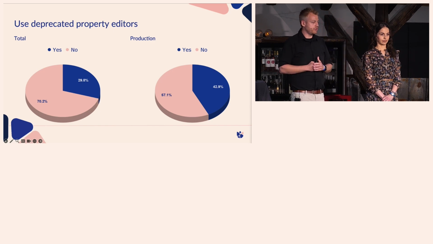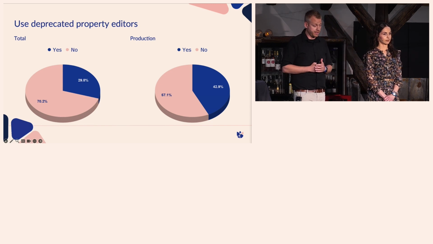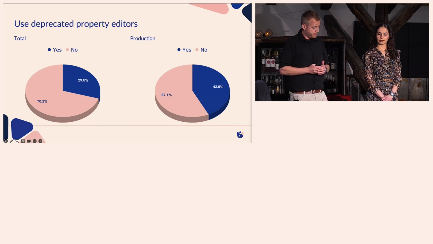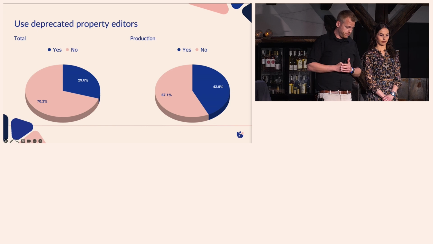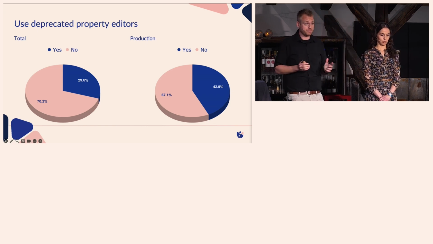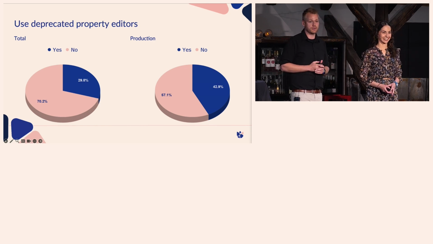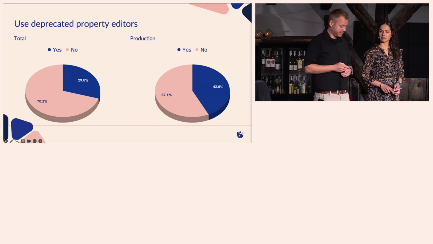It's also interesting to look at how many sites are actually using deprecated property editors, like the nested content and the grid layout. And we see around 42%, 43%. That's quite a bit more than last year. Maybe it's just because more sites are reporting. I really hope so. I hope you don't start new projects and use those properties that are marked as deprecated and